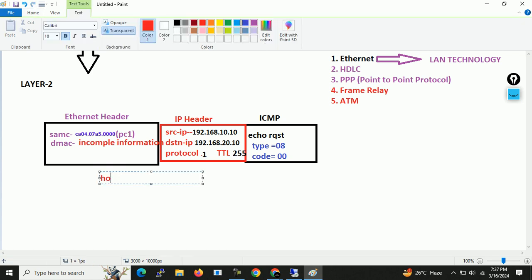This packet will be held on layer 2. क्योंकि layer 2 के ऊपर मेरा पैकेट होल्ड हो गया, बिकॉज layer 2 के ऊपर मेरे पास मेरे गेटवे का MAC एड्रेस नहीं है. So what I will do,